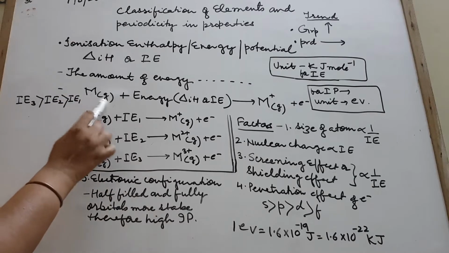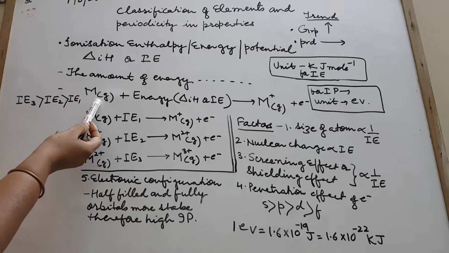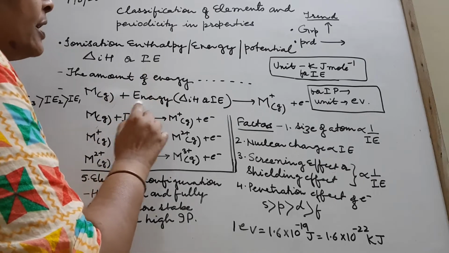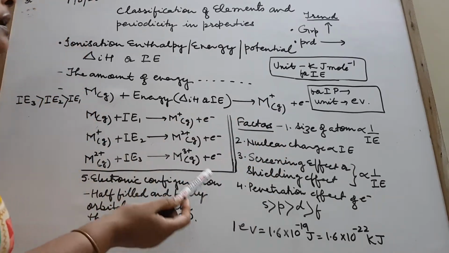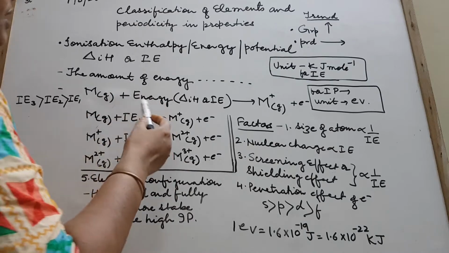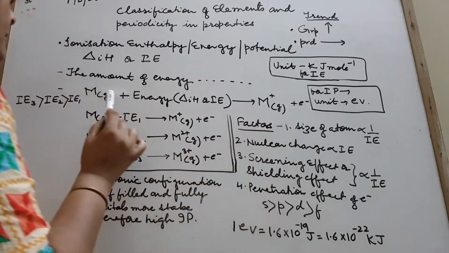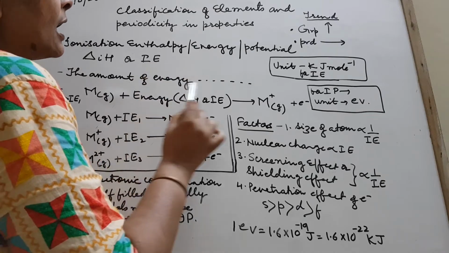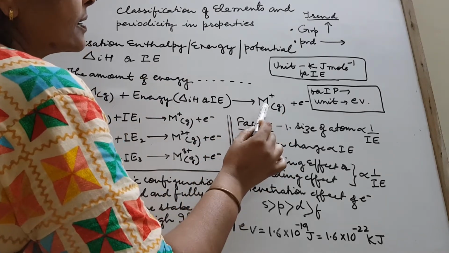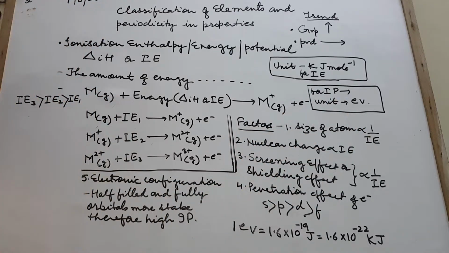So you had any gaseous element, right? Here M stands for metal, it can be any element. You supplied energy, and it got converted into a gaseous cation, and we call this ionization potential or ionization enthalpy or ionization energy. Electron was taken out. A gaseous atom, energy provided, to which we call IE, and it converted this atom into a gaseous cation. Electron was removed. The electron which gets removed is always the most loosely bonded electron.